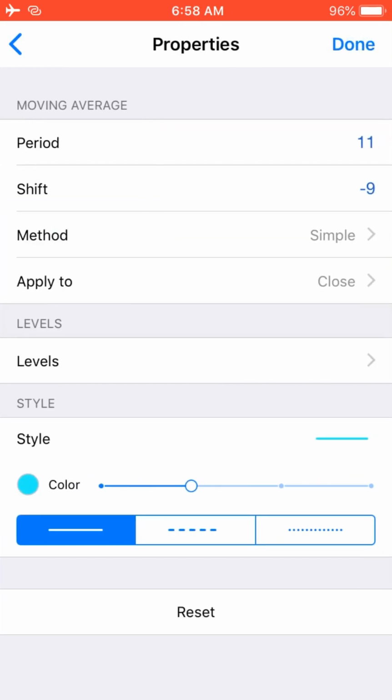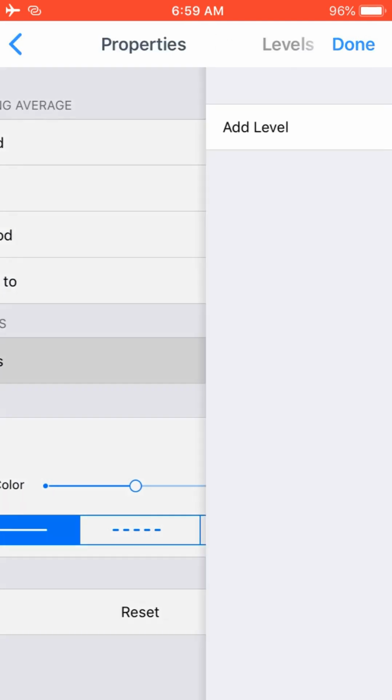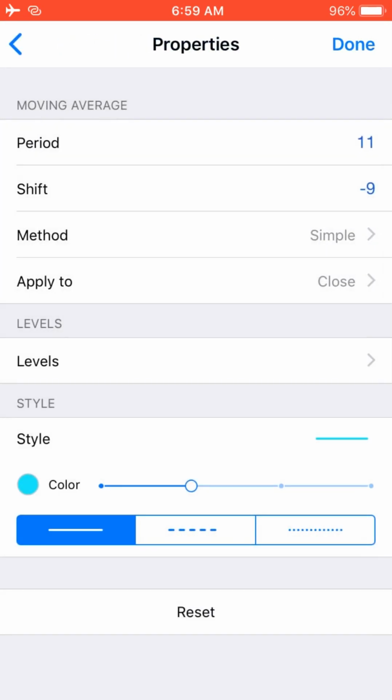As you've seen, I have two moving averages, and the settings are different. The period here is 11. The shift is -9. Method simple, you apply to close. There are no levels. You can use any color that suits you, but just use a color that is visible on your screen. If you're using a white background, you have to avoid a white color, and if you're using a black background, you also have to avoid a black color. We just need things that are visible. So when you're done with that, you click on done and you add